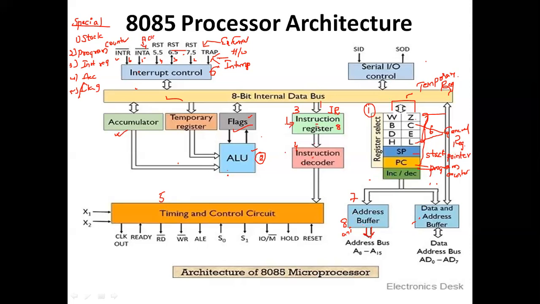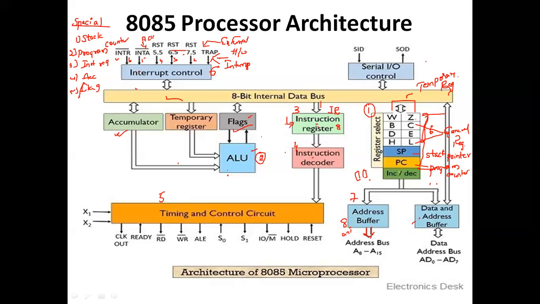What is the use of this buffer? It is used for address lines, and it is used for isolating the microprocessor from getting loaded. That is the main reason for this address buffer. It is used to drive the high order bus. When it comes to higher order and lower order, the top bits we call higher order and the lower bits we call lower order. That is the purpose of this address buffer.